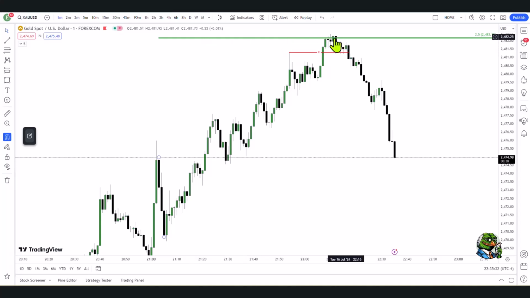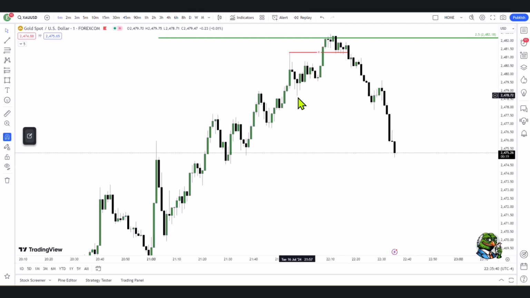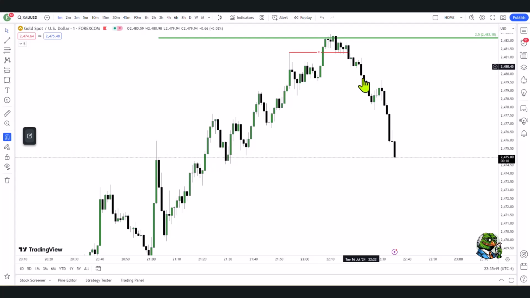So we've taken liquidity, coming to a predetermined calculated projection, and started to move down. We've come below this swing low, which is basically a break in structure. You can see as we've broken this swing low as well, we've come back and pulled back into these up candles. Now price is no longer being supported by down candles. In fact, price is being held by the up candles. So to me, bullish order flow is now bearish on the shorter time frame.